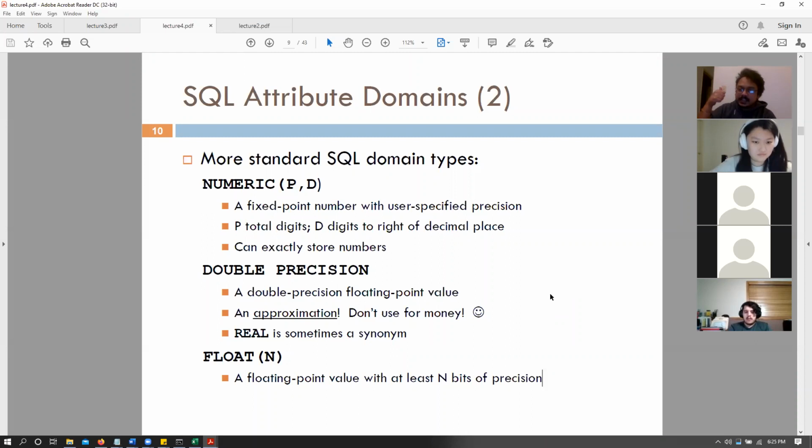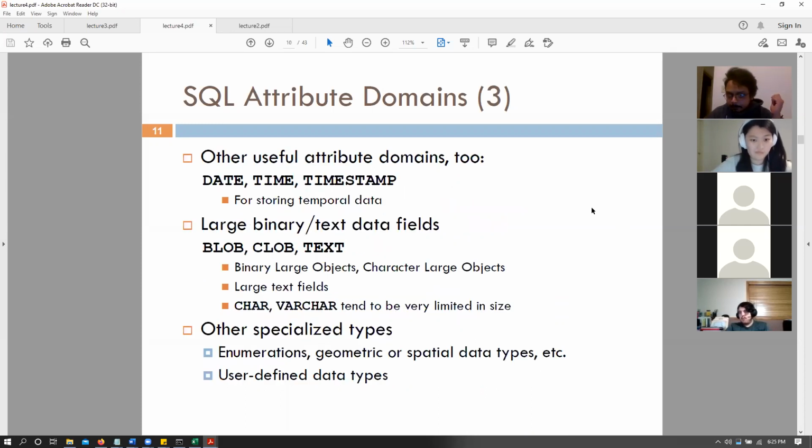If we were adding up all the balances of all the bank accounts, we do not want an extra cent popping up just because there is a double precision error. So usually we want to use numeric values, that is decimal values with 2 digits after the decimal point, to maintain account balances, things like that. Any questions?